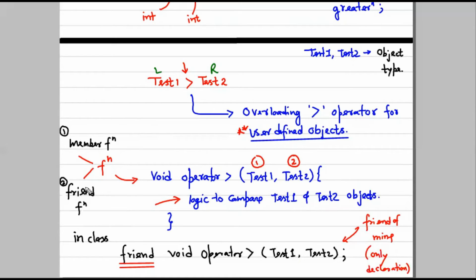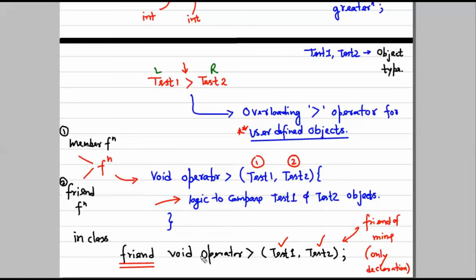But if we write it as a friend function, then this friend function can be shared across all those classes. So we just need to declare it. Here we have the declaration of a friend function. We are telling the compiler, while it is compiling your class, that this is a friend of mine, and I'm declaring it. I have declared this is my friend, and this function can access my private data. Okay, that is the meaning of a friend function, right?